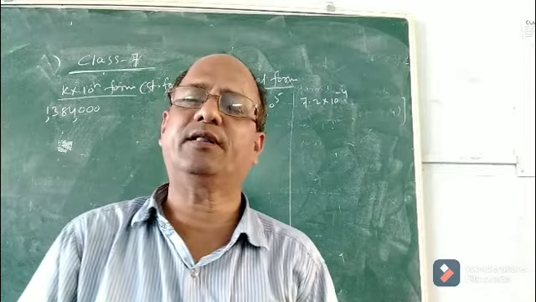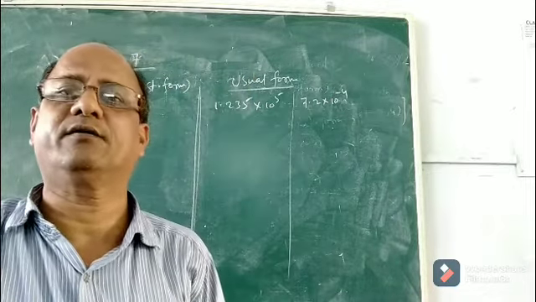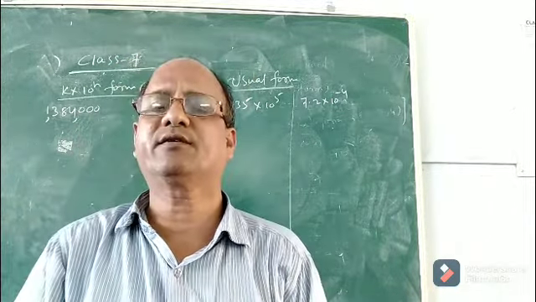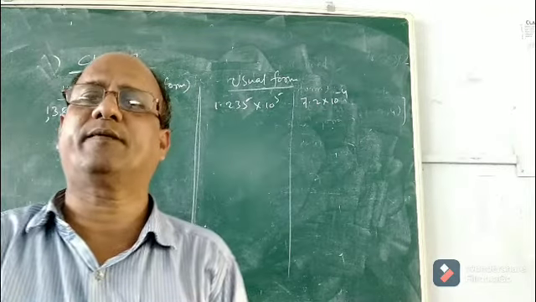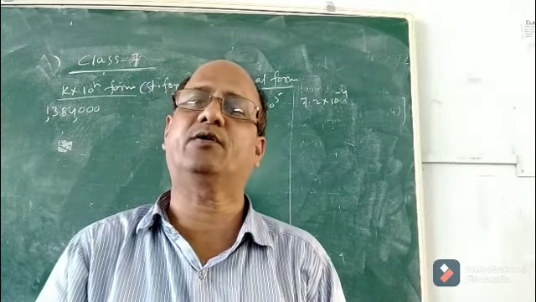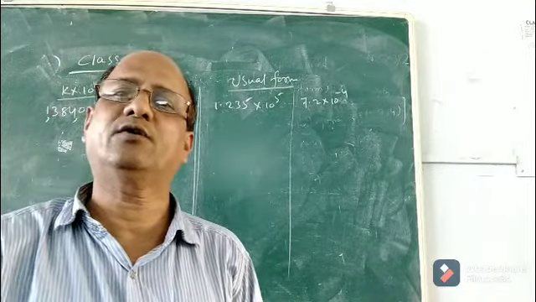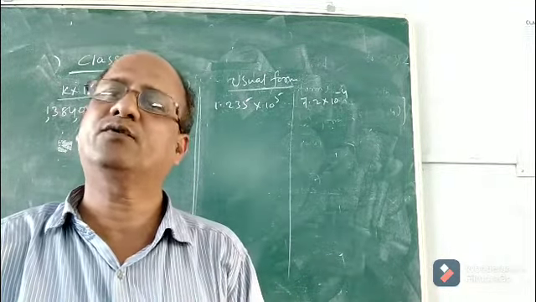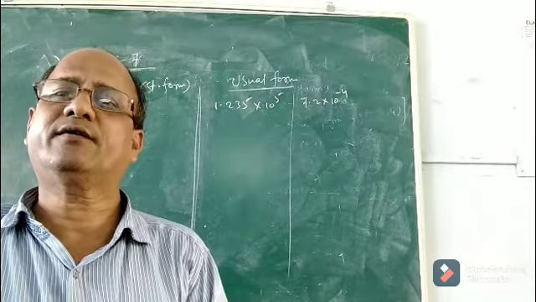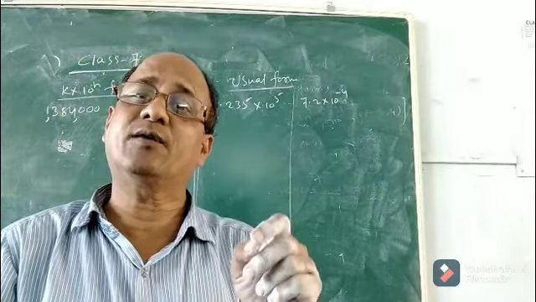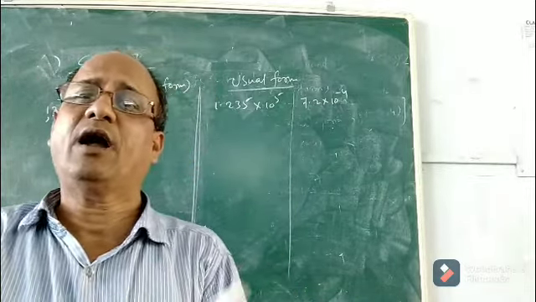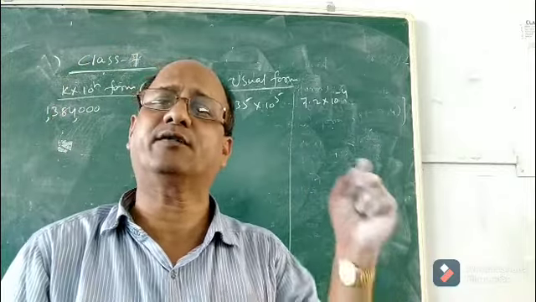Children, today let us complete that exponent and power chapter. In the previous class, I was discussing the k into 10 to the power n form, or standard form, or scientific notation. How to write a number in scientific notation, that is k into 10 to the power n form. I have already explained with several examples. Now we will discuss the last part, that is usual form. What is the usual form of a number and how is it different from the scientific notation or standard form?